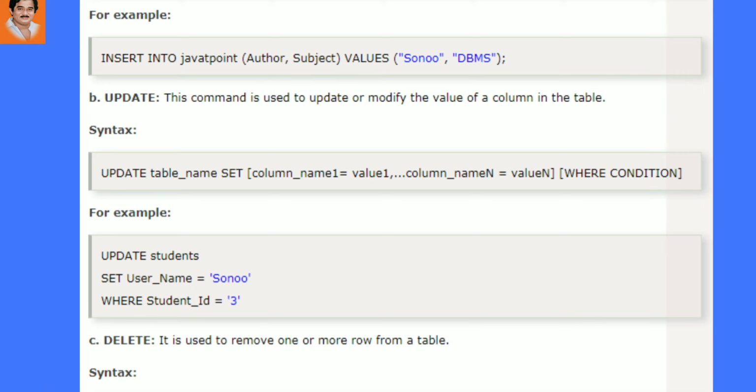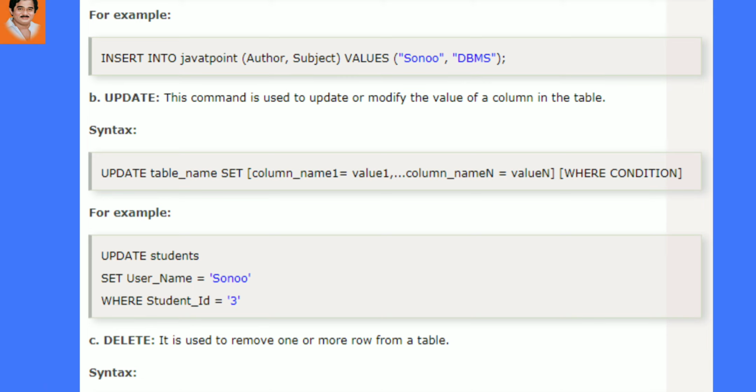Next one is update. This command is used to update or modify the values of a column in the table. So update is used to modify or update the value of a particular column. That means any changes to be done in that column, you can use update.